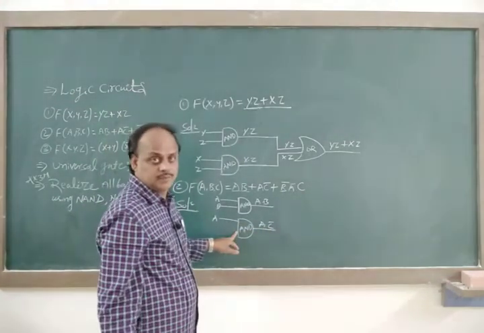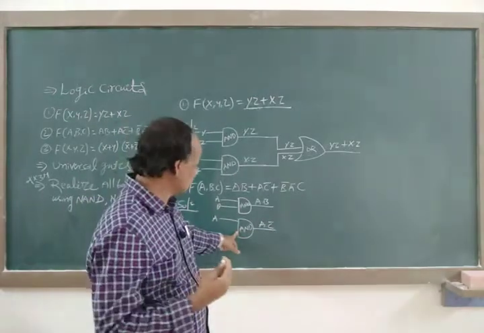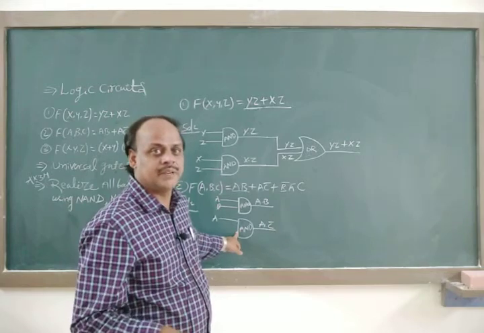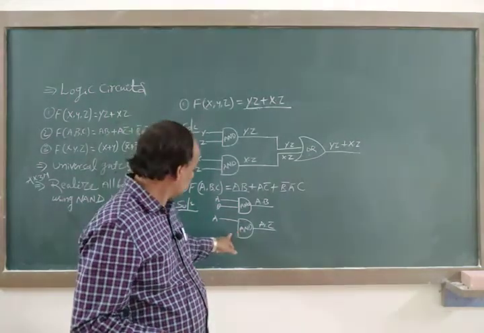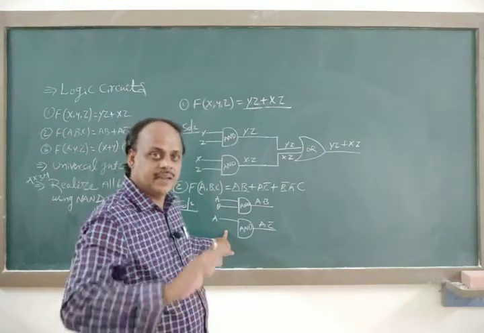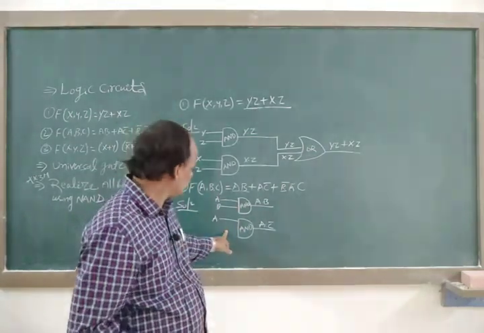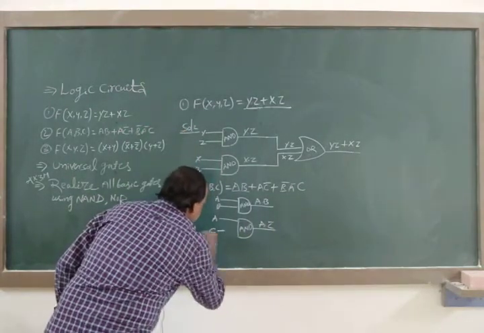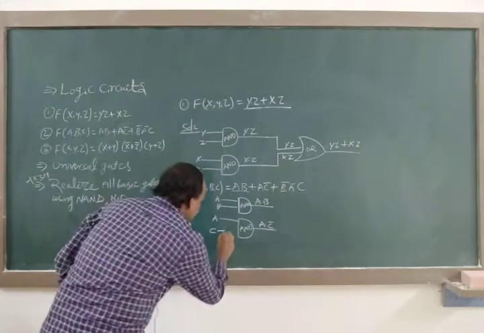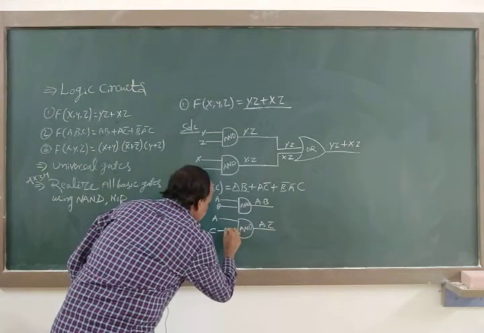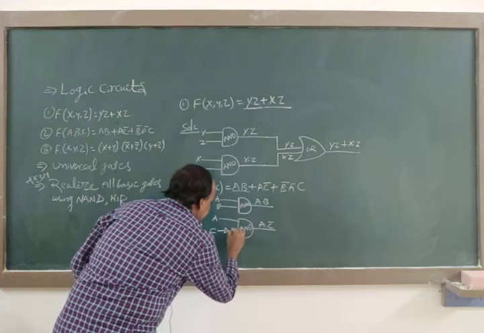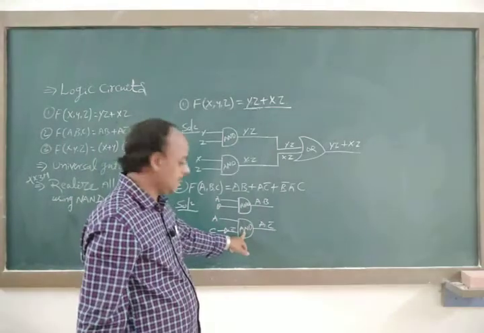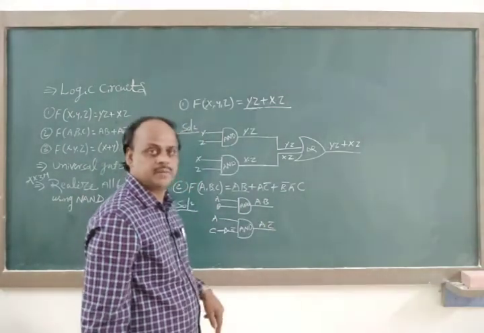It is not the way to represent C bar directly as input. We have to take the uncomplemented form, that is C, and use a NOT gate here. It becomes C bar. Afterwards pass it to AND gate. That is, C is input, we need C bar, that's why use NOT gate, then we are getting C bar. Now when it passed to AND gate, we are getting A into C bar.